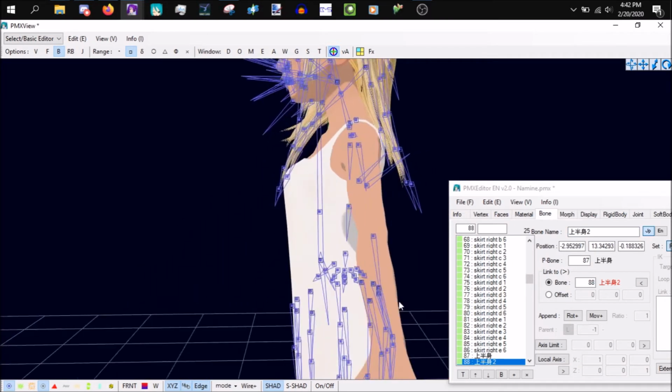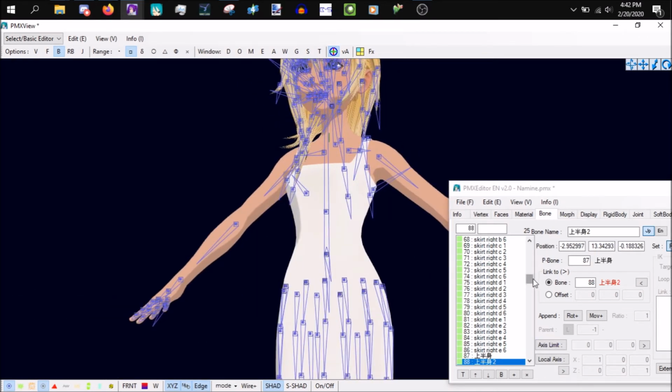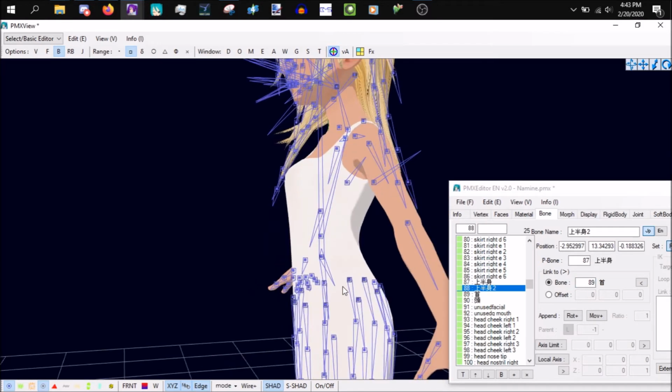And now you'll see that it's linking to the wrong bone. Or actually, I don't think it's linking to any bone. You're going to want to make it link to whatever bone is the neck bone, because then it's linked properly, and it'll probably move back into the original place it was in. You're going to have to fix that,